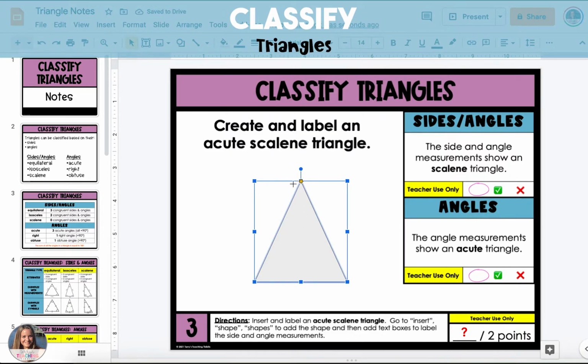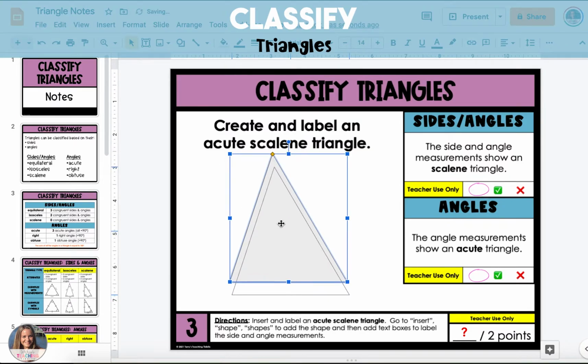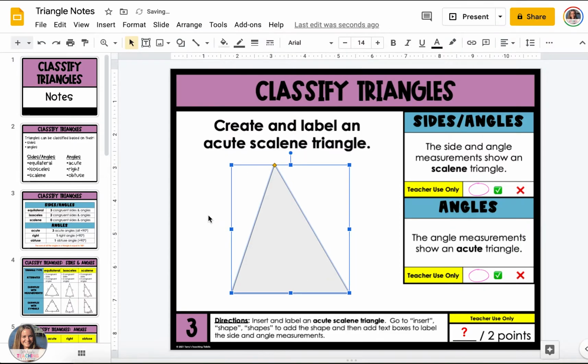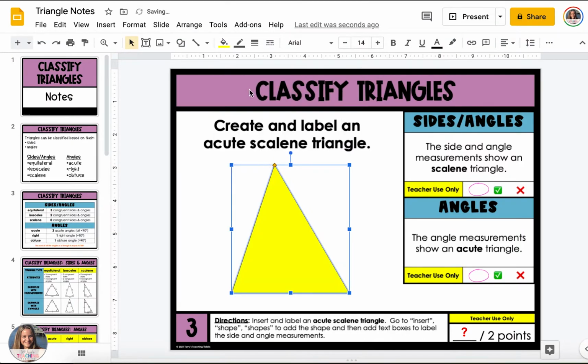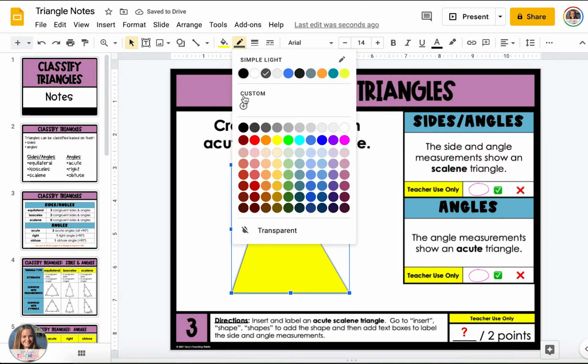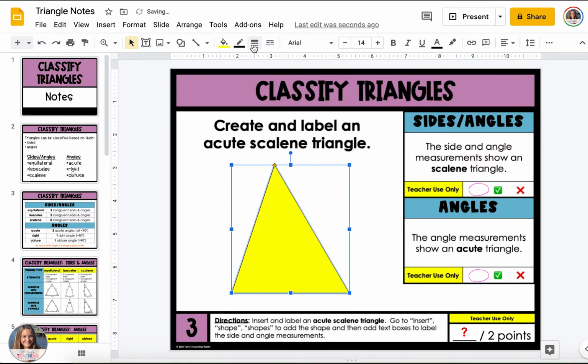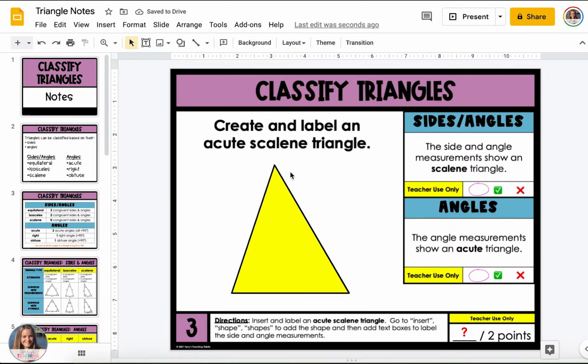Once you've selected the triangle, you're going to click and drag, and it's going to create a simple triangle. To move the triangle in order to get different sized sides and angles, you want to click on the yellow dot that is on the top tip of the triangle, and you can move it right or left to change the shape. If you want to change the color, go up to the paint bucket tool and select which color you'd like to fill the triangle with, and then you can also change the line color of the outline of the triangle as well as its thickness.